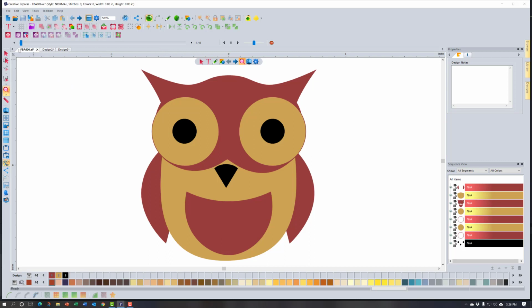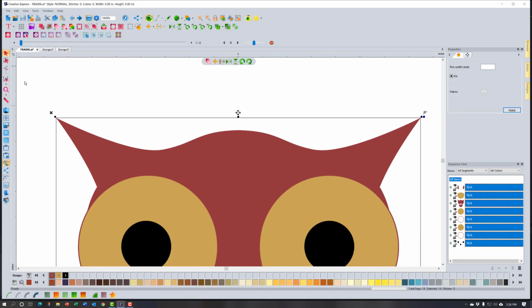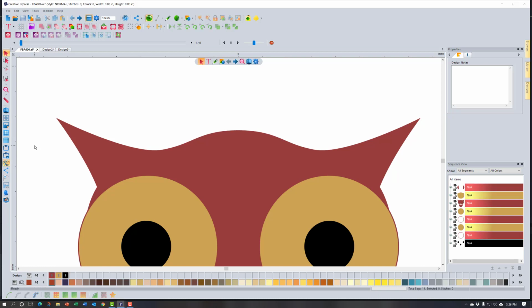So what I'm going to do is come back up here to my drawing tool, select it, and go into line mode. All right, and I'm going to start right in this corner here with a straight line point. And I'm just going to trace along this. In fact, let me zoom in to just this part so you can see a little better what I'm doing. All right, we'll just forget we put that point in. We'll just try again. Okay, so we're going to put in a point right here, and then this is kind of a curve here. So what I'm going to do is hold down Control and click,